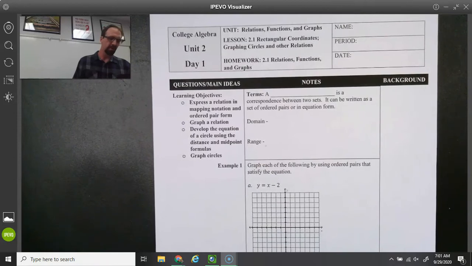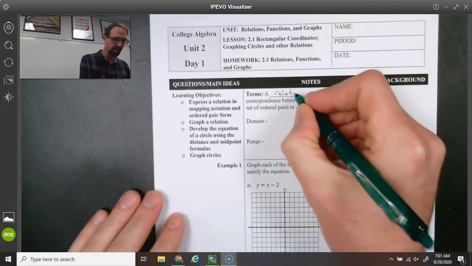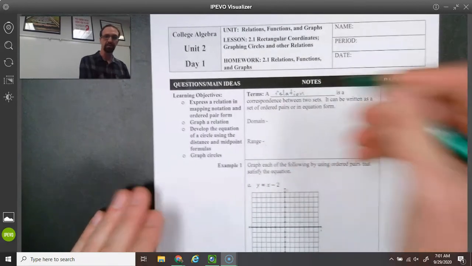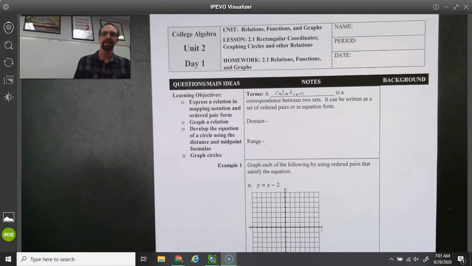So first let's talk about a relation. A relation is just a correspondence between two sets. Similar to a relationship, it's kind of the function between two people. A relation is the correspondence, or how two things relate. So we can either write it in a set of ordered pairs, or we can also write it in equation